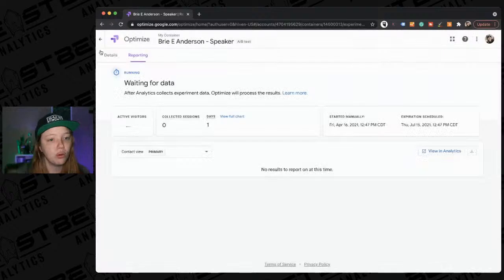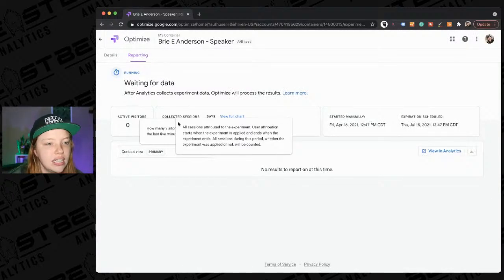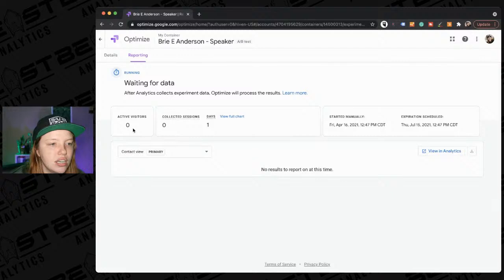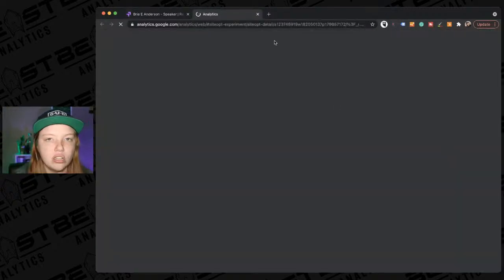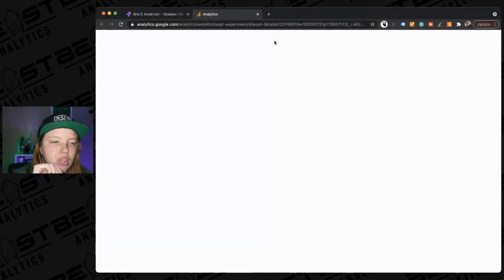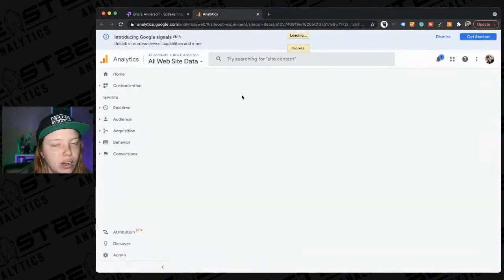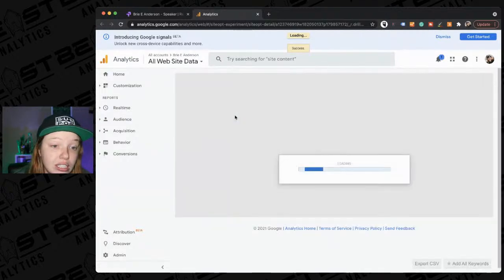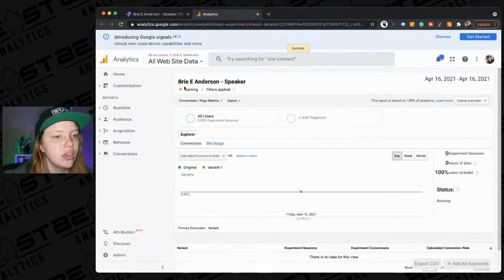Okay, and then the reporting happens here. So we'll see collected sessions, active users, view, and analytics. Like I said, all this is connected to Google Analytics. If you hit that, it's going to bring you to where that data is collected in Google Analytics, which is right here. So you can see it says running, filters applied,